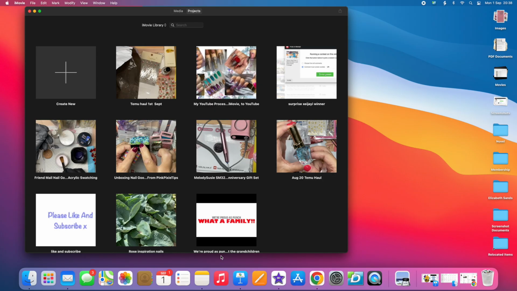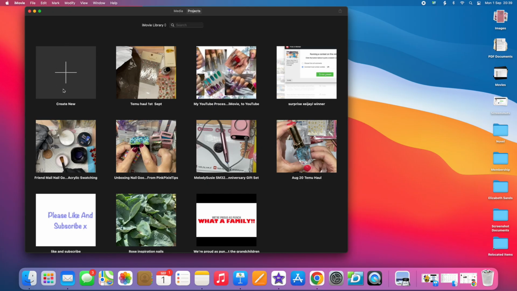But before I go and try and screen share my phone, I just want to show you what you're going to find in iMovie. So I'm hoping you can see my cursor moving, because down at the bottom here is the iMovie symbol. So as long as you've uploaded that, and if it hasn't come automatically on your Apple product, it's this. It's a purple star with a little video camera in the middle. So just to save time, because it takes a while to open on here, I've got that many projects on it. I've already opened mine up. So you would click on that and it would open up with your iMovie